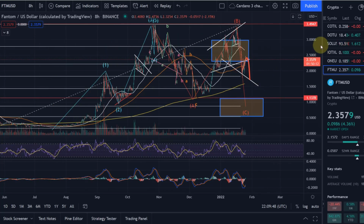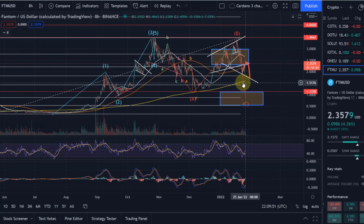But anyway, I think it's a great long-term investment, Fantom. To buy up here was just too expensive for me. I think we were just too high. At $2.08 it then became attractive for me in terms of especially reinvesting the profits. And I think we are going to see another drop anyway, but it's a very interesting cryptocurrency, and it's doing a lot of volatility here, where profits can be made also in the shorter term. Of course, it's risky, always with keeping in mind that we could actually drop lower, and that this is nothing where we are building a new all-time high on, especially not with that lower low series that we're doing